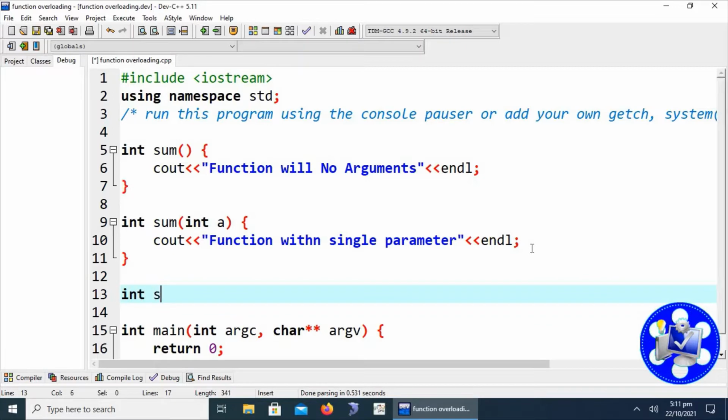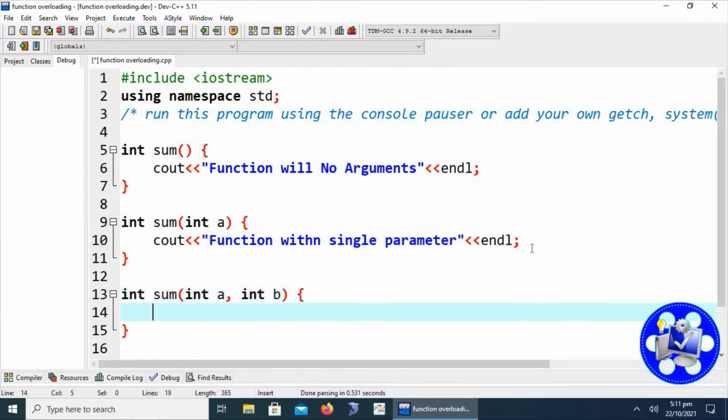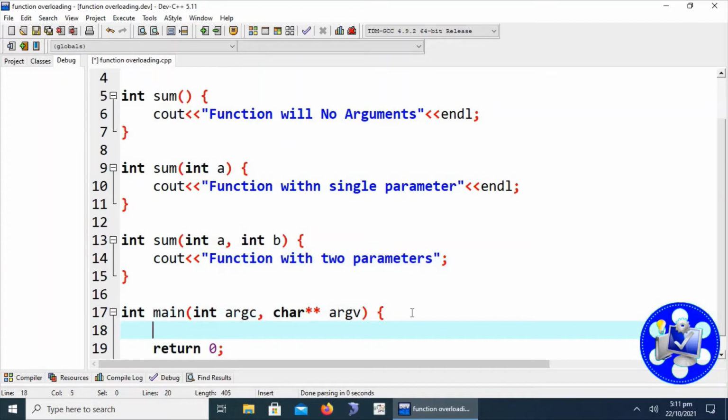And I am also declaring a third function with the same name but different parameters. Cout, function with two parameters. Okay, now I am going to call this function sum in a cout statement in the main function.